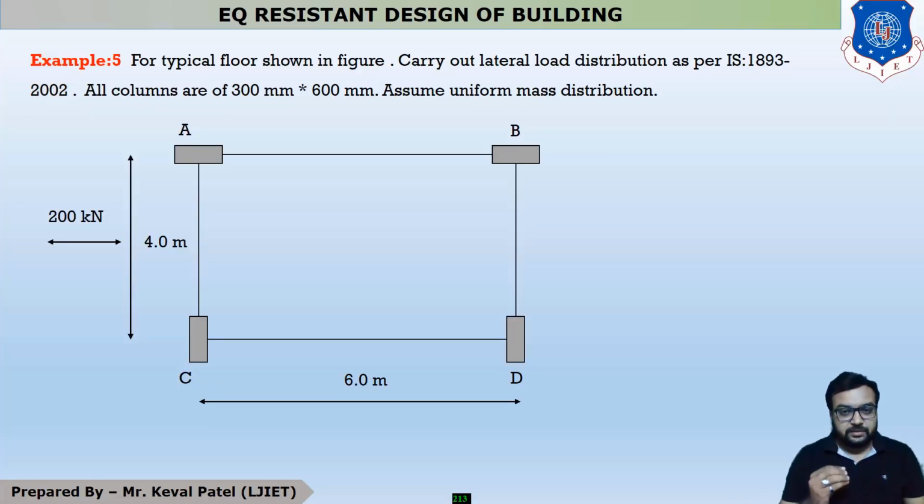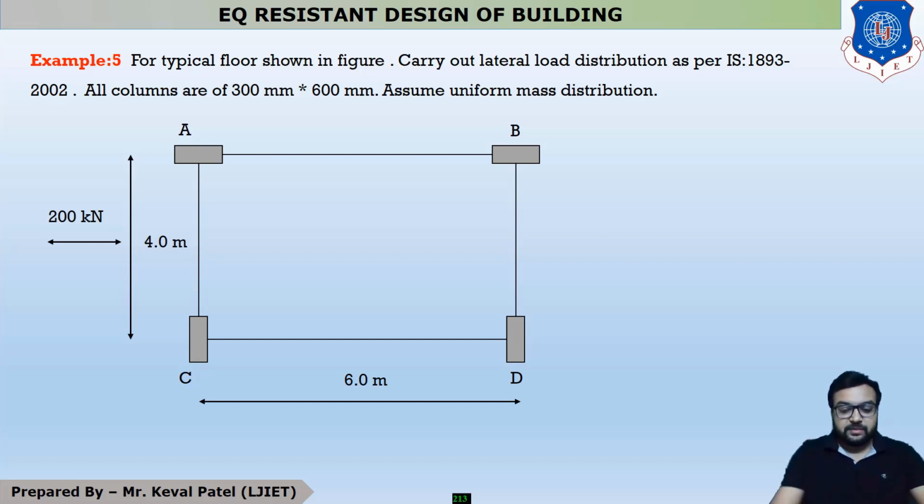This is the fifth lecture of our topic, center of mass and center of stiffness. Students, in the last lecture we were discussing example number 5. In example number 5, there are four columns named A, B, C, D. All four columns have the same dimension of 300 mm cross 600 mm, but the orientation of the columns is